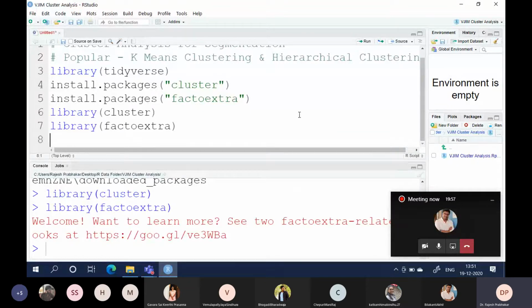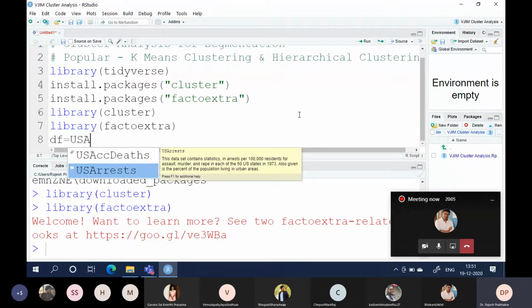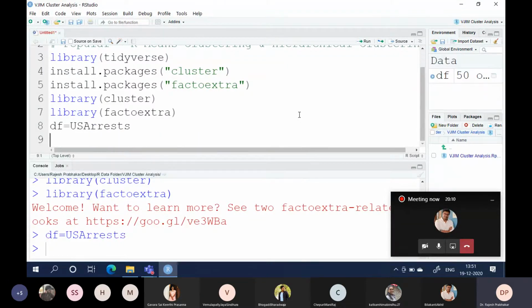Okay, so let us use a data set. df is equal to USArrests. Did you guys work on this data, USArrests, by any chance? No, sir. So it has the number of arrests for different crimes committed in US states.